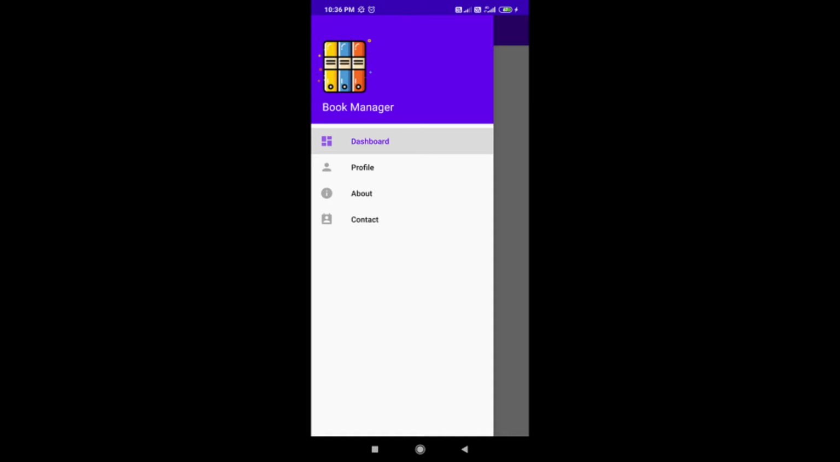Today in this video I'm going to show you how to make your navigation drawer checkable, meaning the items which we have created previously. Now we want to make them checkable, that is, whenever we click on any menu item it should be checked. This is the second part of the previous video